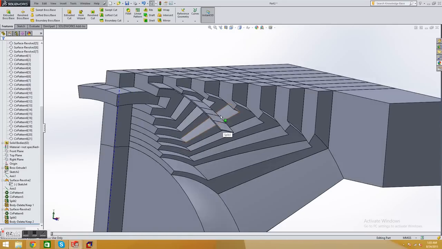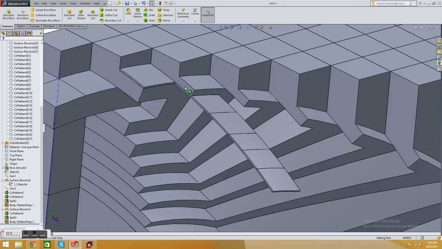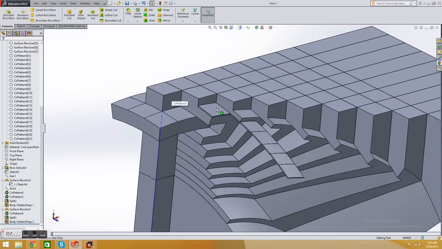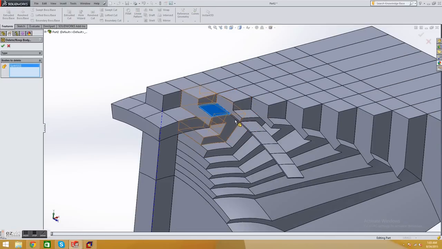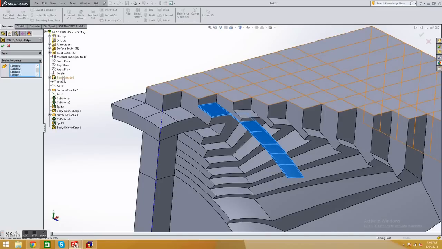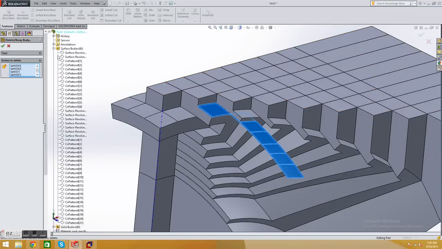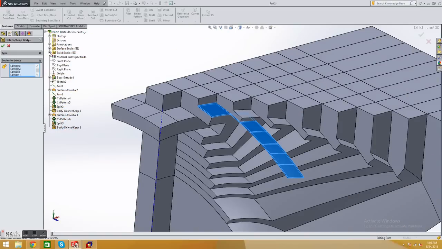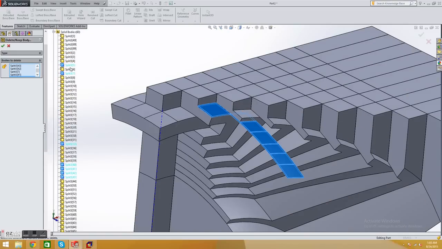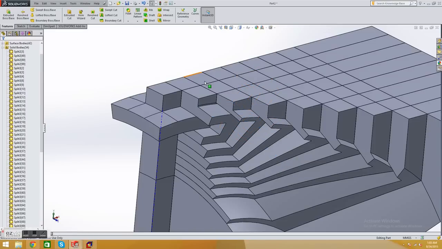This is from the tolerance we did earlier. So we go back, we can just delete all of these bodies too. That's essentially what a tolerance is, right? I'm not gonna bother getting them all, but